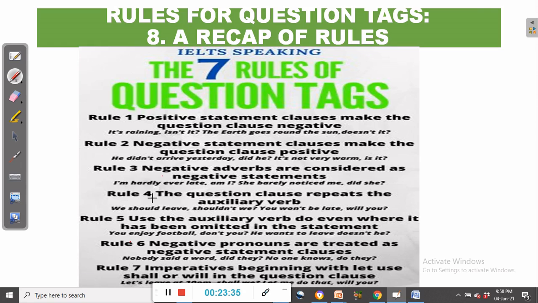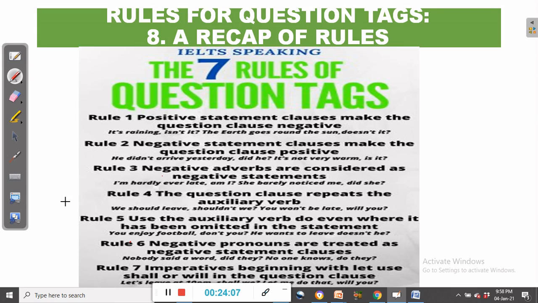All right. Rule number 4: the question clause repeats the auxiliary verb. Already we have seen the rules as they apply to the use of auxiliary verbs. Let's look at examples again. We should leave, shouldn't we? You won't be late, will you? So when we have an auxiliary verb used in the main statement,